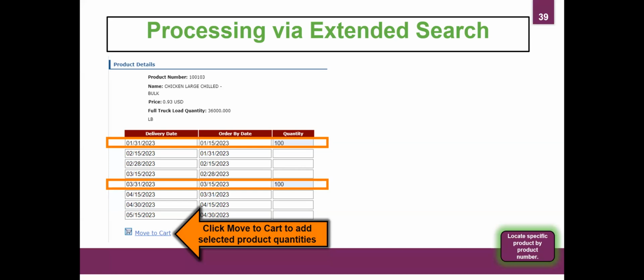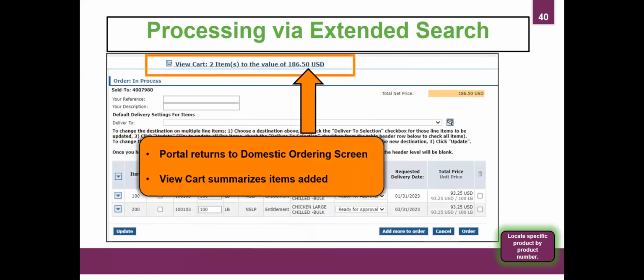Thank you. Okay, so we're going to add our quantities to the cart. And then remember, it pushes it up to the top. So it moves everything up to the top. And you can continue to go back at this, you know, and you're adding your items into the cart. There's your total value.